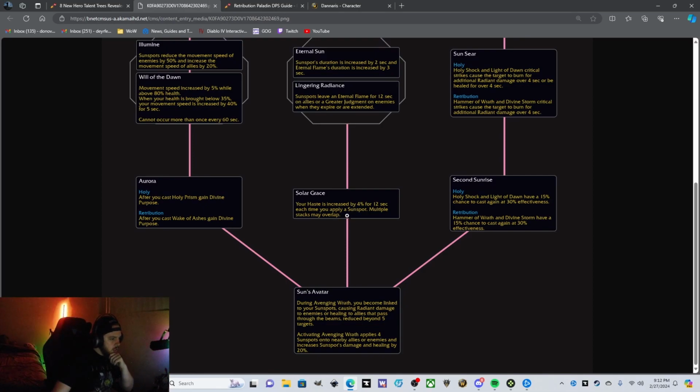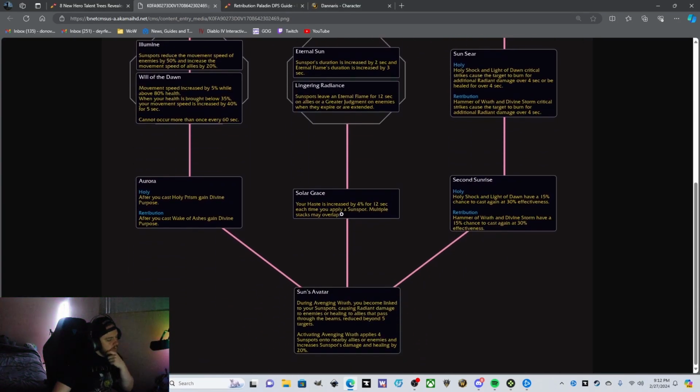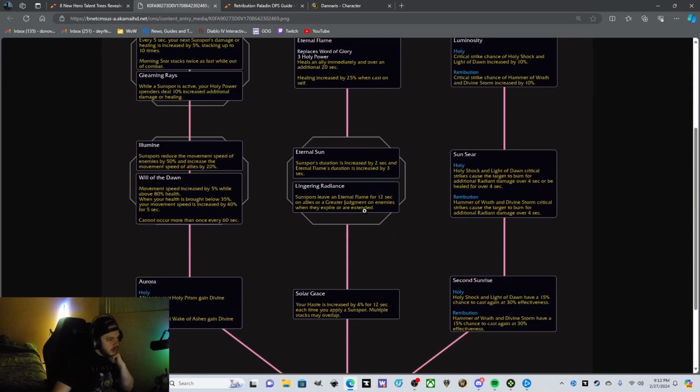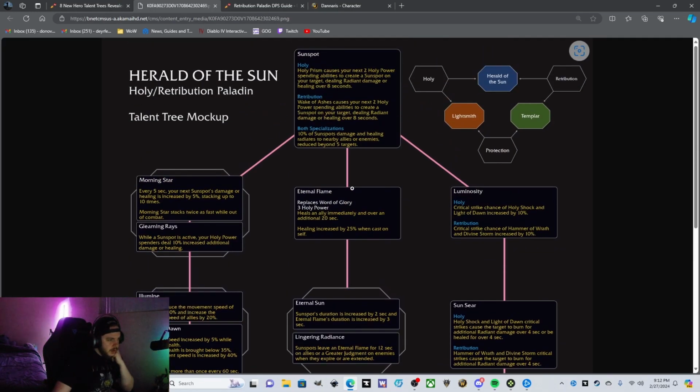For Solar Grace, your haste is increased by 4% for 12 seconds each time you apply a sunspot. Multiple stacks may overlap. Okay. Interesting. So it says multiple stacks may overlap. We already went over Wake of Ashes, a 30-second cooldown, so that'd be applying this once every 30 seconds. And it only lasts for 10 seconds if you use this. But if it can overlap, how would that be possible with a 30-second cooldown? So, actually also, on your target...